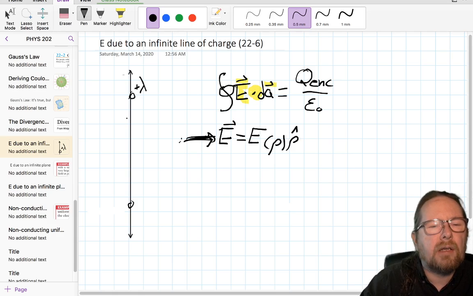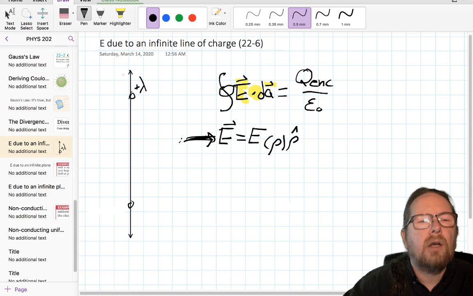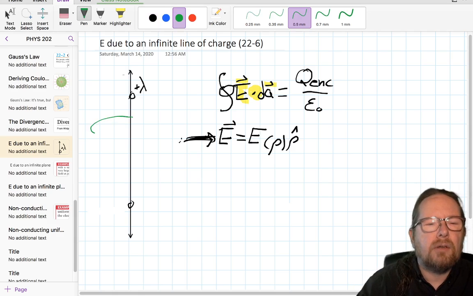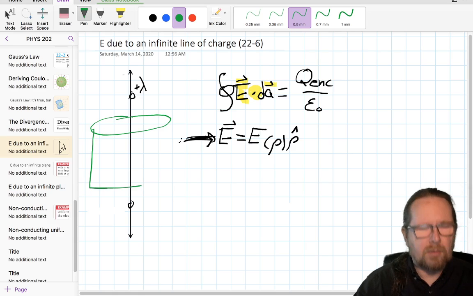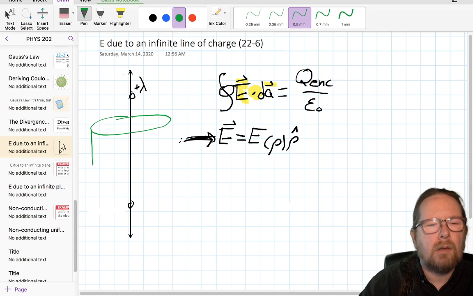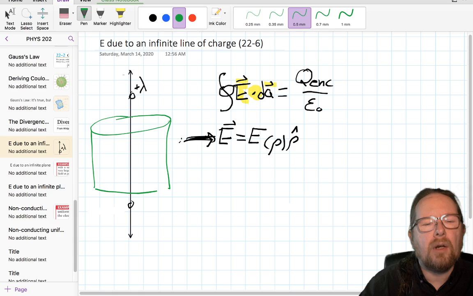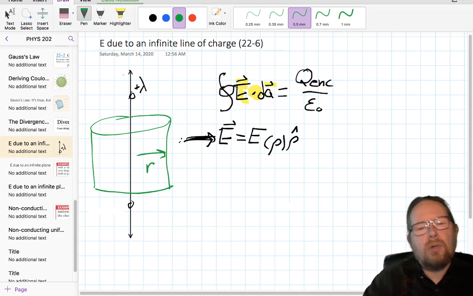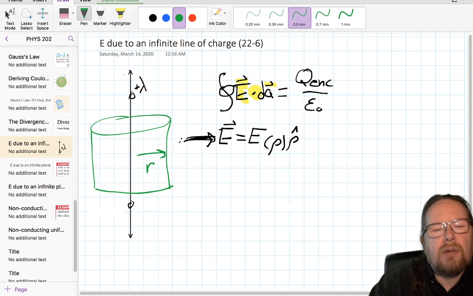And hopefully it's fairly clear that the surface we should choose is a cylinder of radius r that surrounds the line, so that every point on the cylinder is the same distance, let's call it r, away from the line. If that's true, since E is only a function of that radial distance, the electric field will be the same everywhere on this outer surface of the